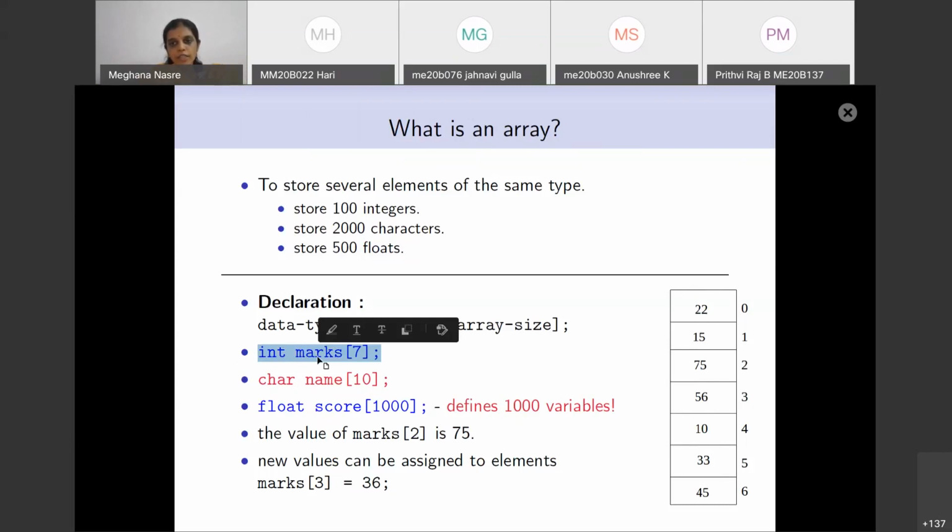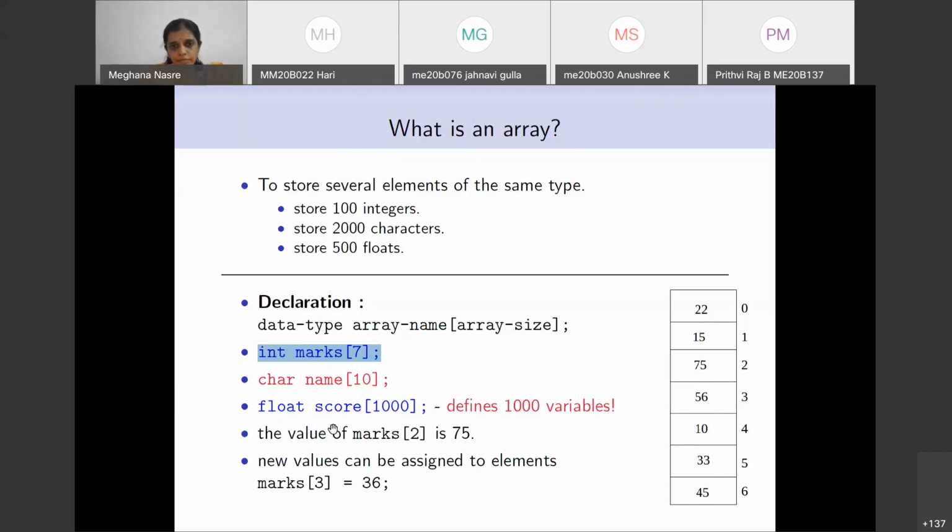So this is how the picture in memory looks. Of course, this statement int marks 7 just gives these 7 cells indexed from 0 to 6, and it is not initializing them with these values, but just to illustrate, these values have been given.